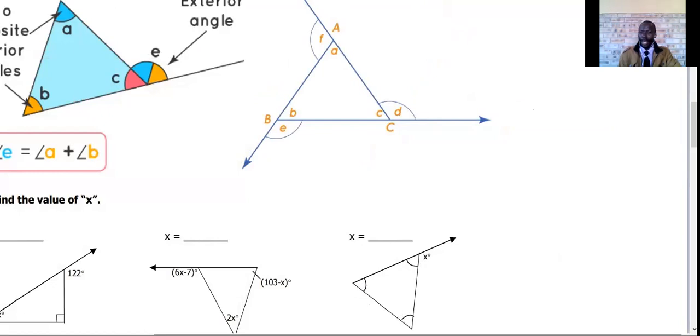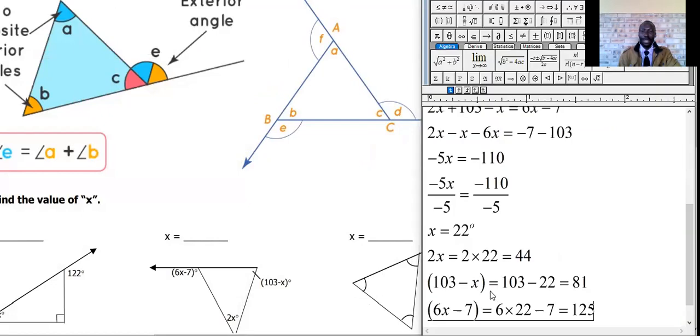What that means is that this angle here is equal to this angle and it's equal to the other angle. So how are we going to deal with it? How are we going to handle this type of case? Now, to handle this type of case,